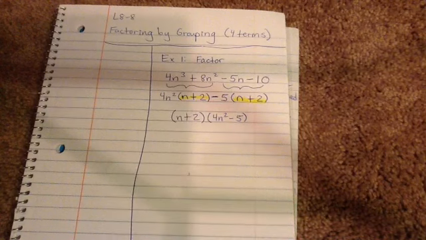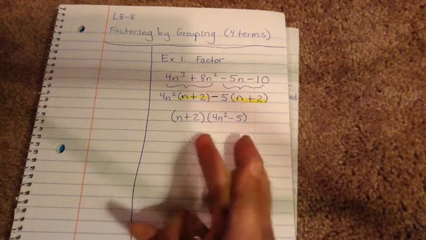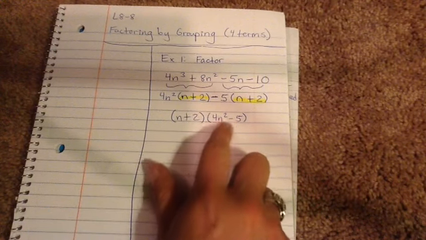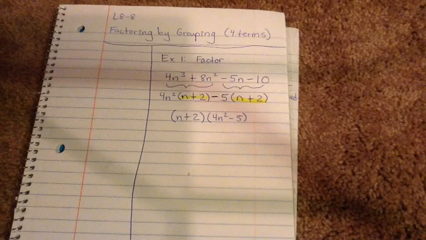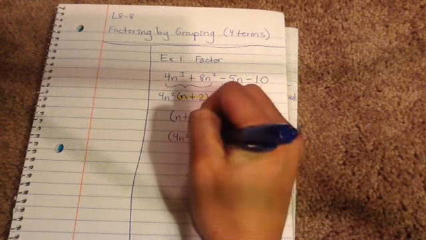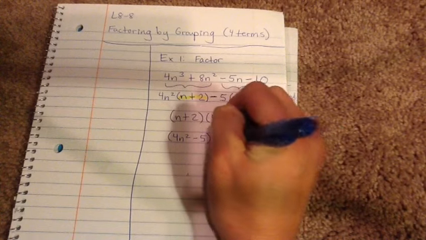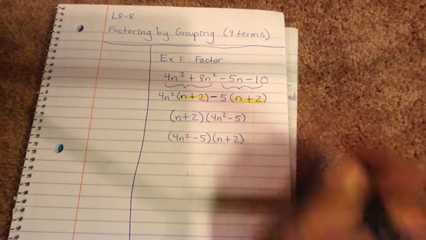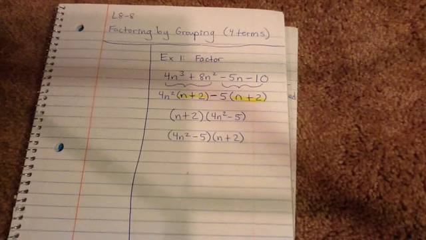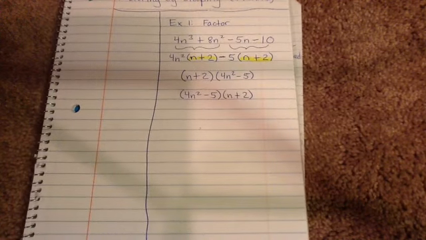So that would have covered all of those when you distribute them. You can write this in either order, but typically you want to write the binomial that has the largest degree first. So if I was writing that, I would typically have my 4n squared subtracting 5 first, and then my n plus 2 second. Now, in order to check this, what you want to do is you want to go ahead,